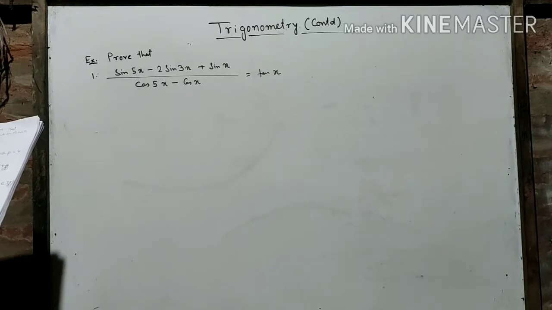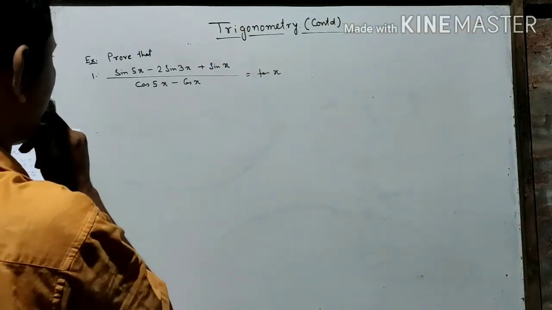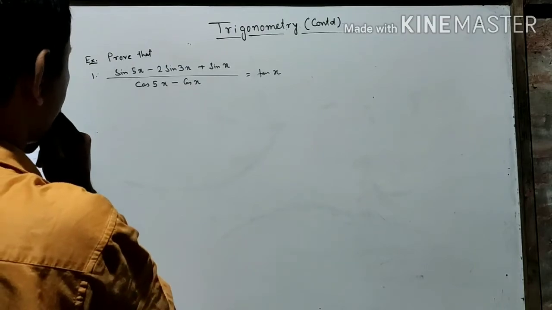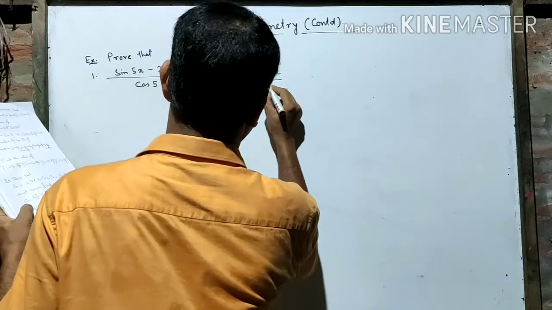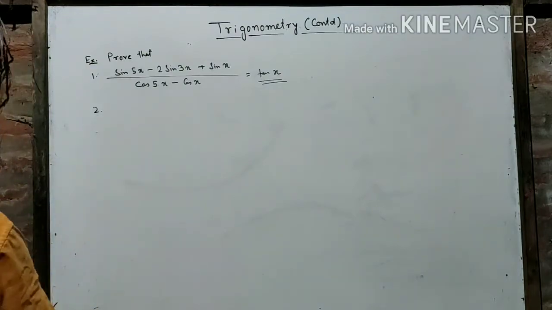Something is wrong here. Should not be 10x. It is either 10 thrice x or 12 twice x. Okay, something is wrong here. We'll find it. Number 2,